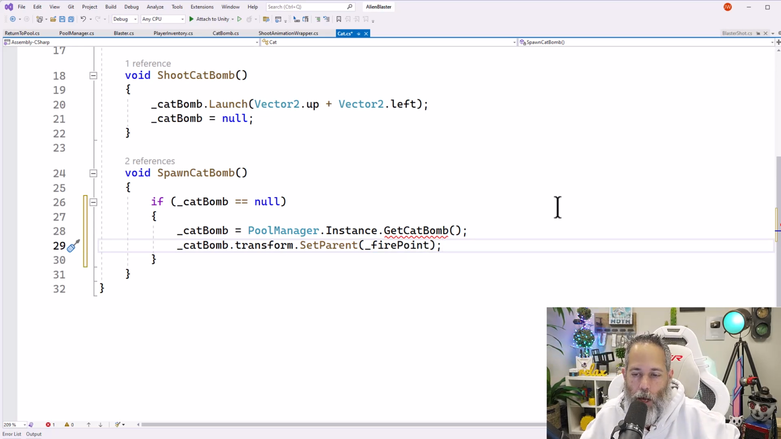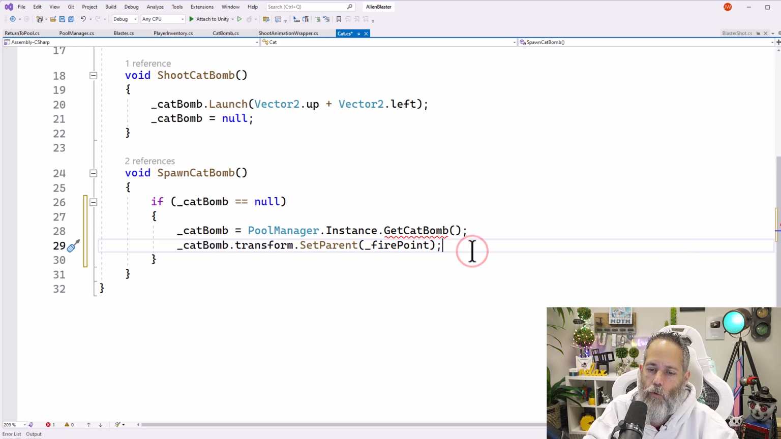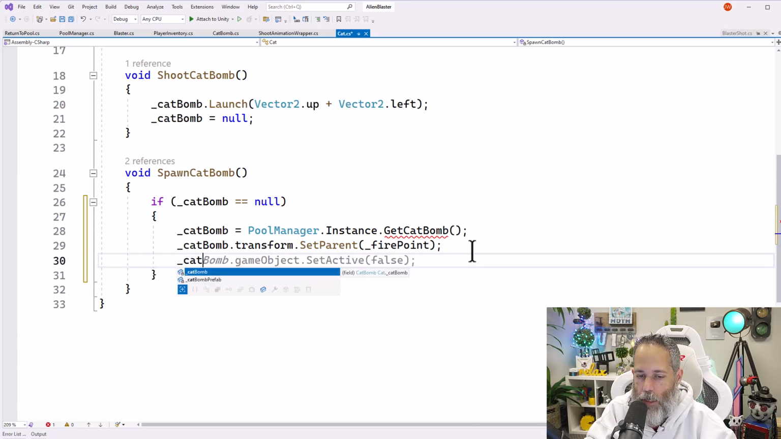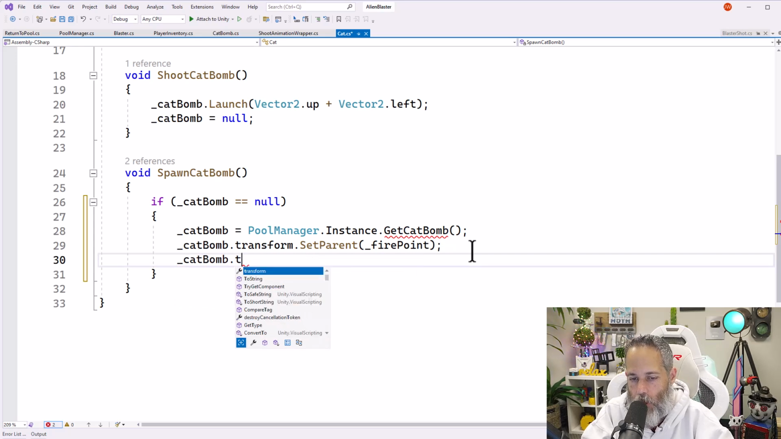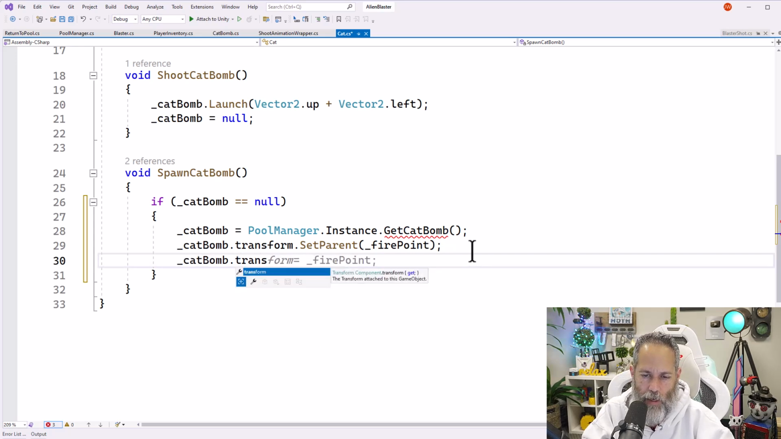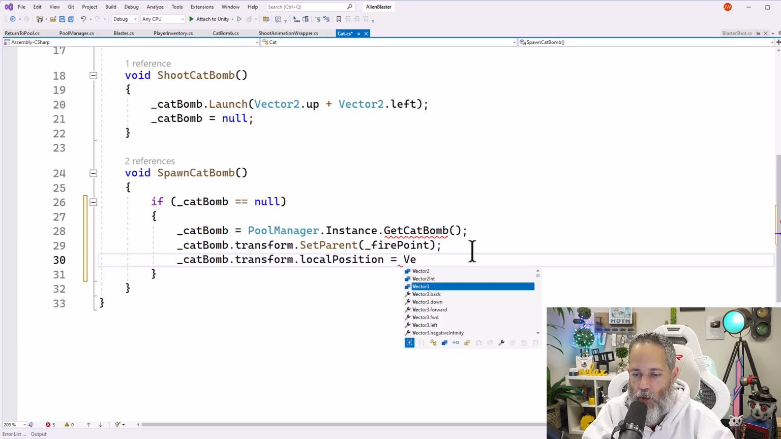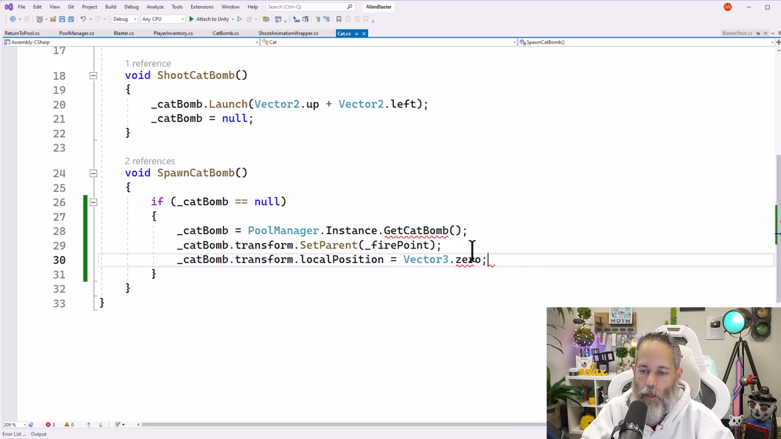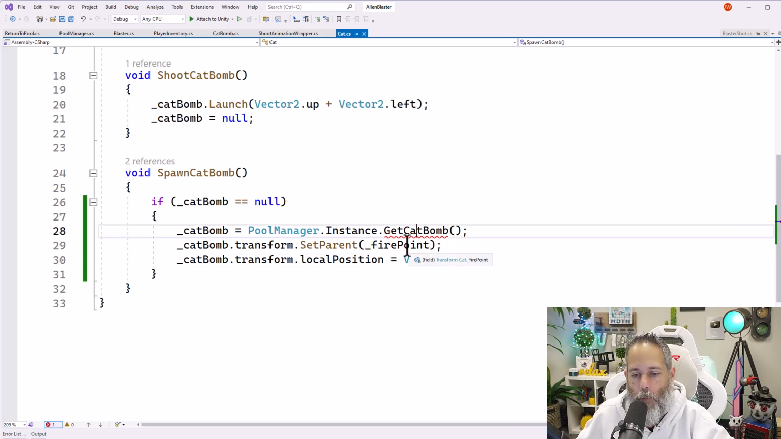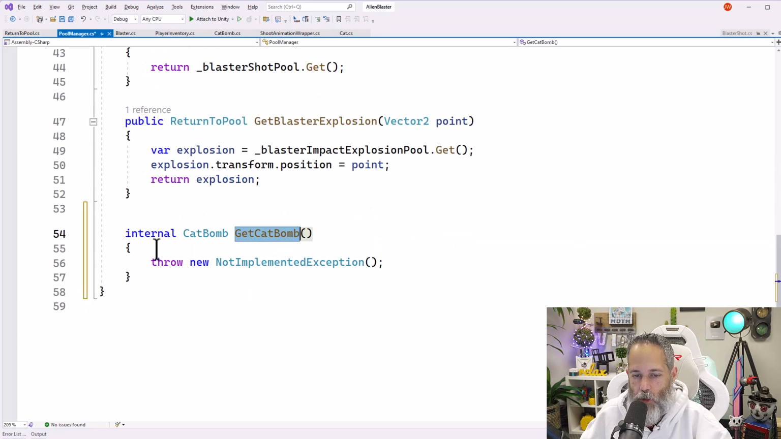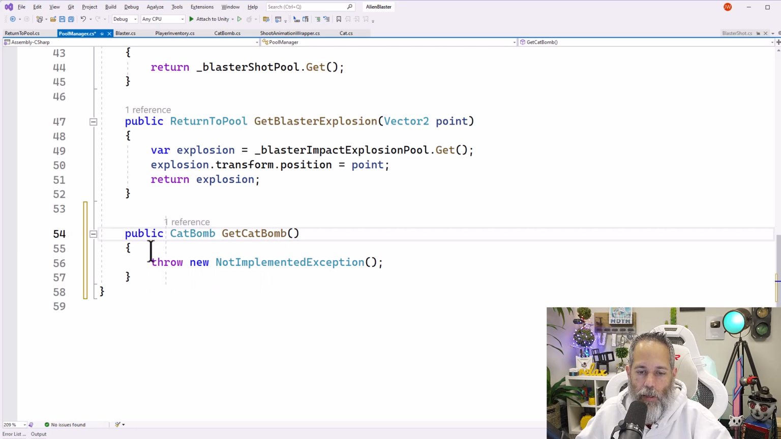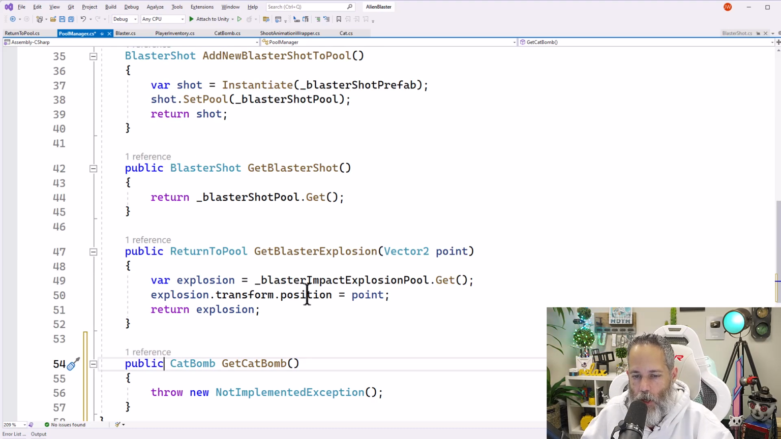Once we get it back, we're not getting anything back right now. And then the other thing that we're going to want to do is set our transform position. So let's say catBomb.transform, I cannot spell, .localPosition equals Vector3.zero. Now we need to generate a GetCatBomb method and make that actually give us a cat bomb. So let's hit Alt Enter, hit generate method, and then hit F12, and we should get an internal method called GetCatBomb. Let's change this to be public,